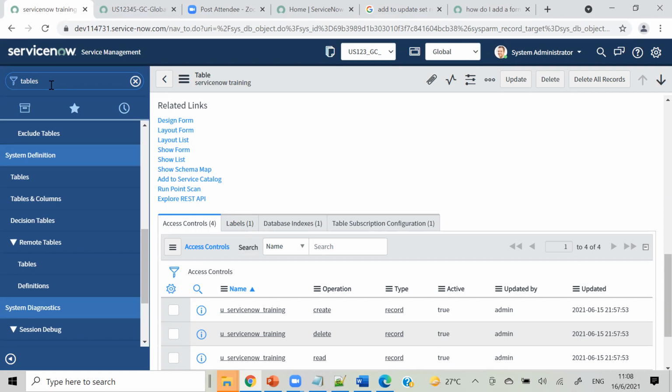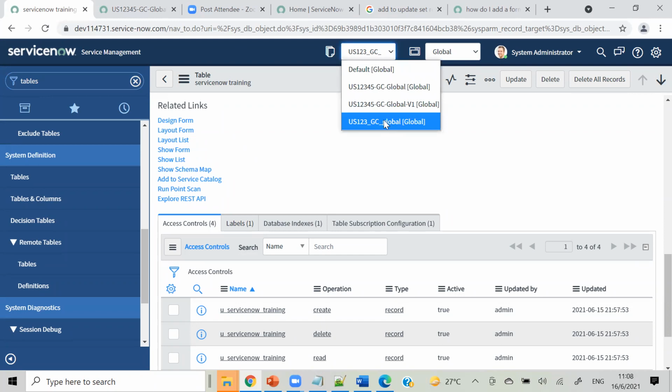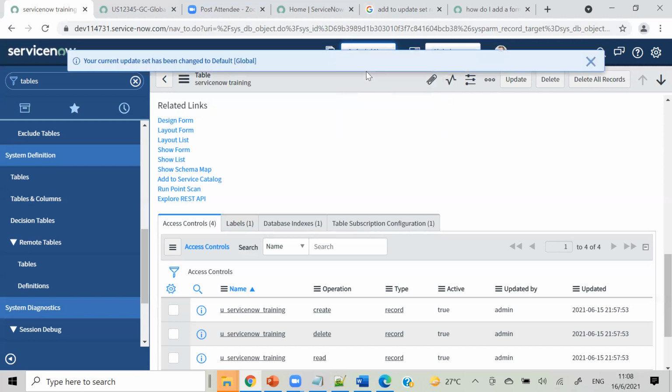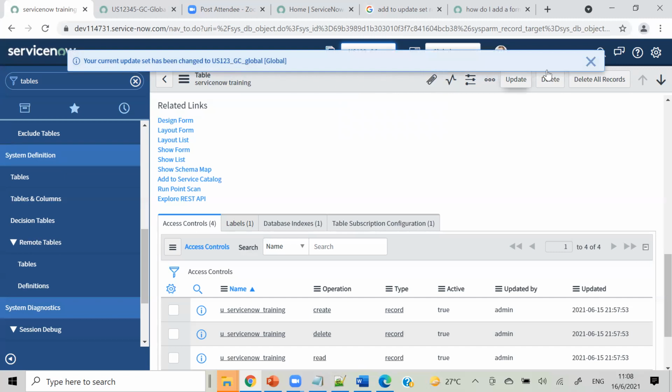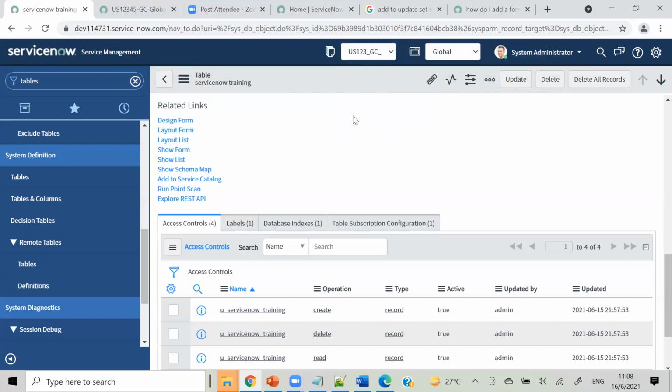So whenever you are working on update set, keep in mind your update set is in current mode. And if you think you are done with development, or if you are going for a break, just change your update set to default, and while coming back, change your update set directly from here. Select this one, so it will directly get changed again, and you can start working.